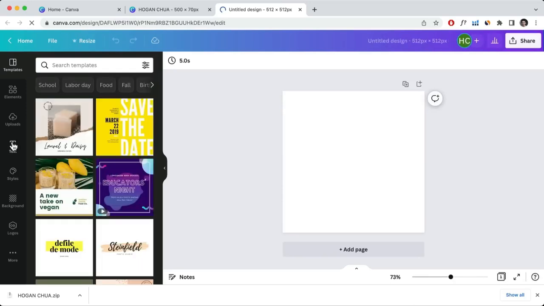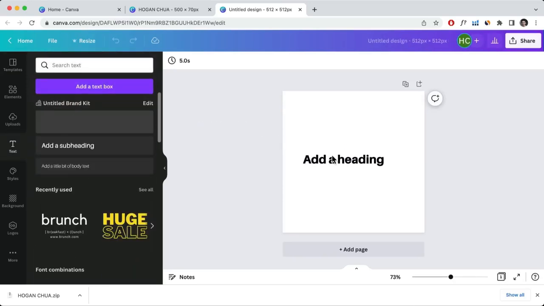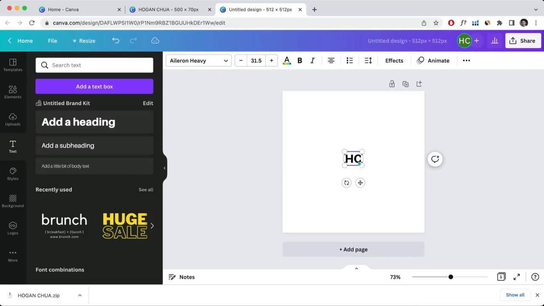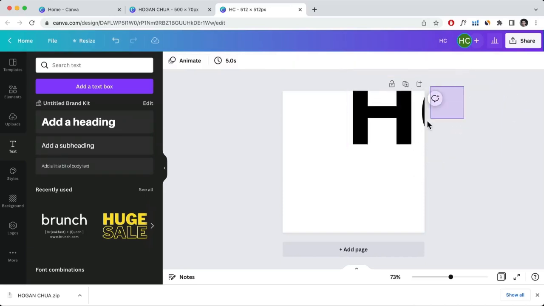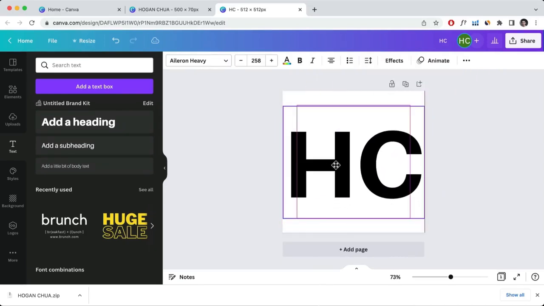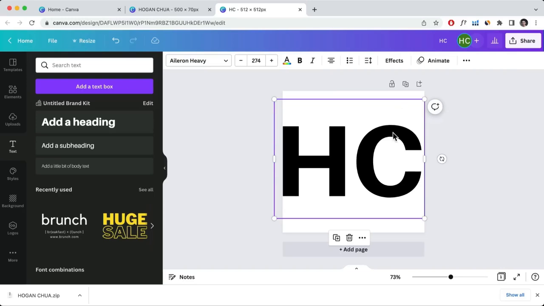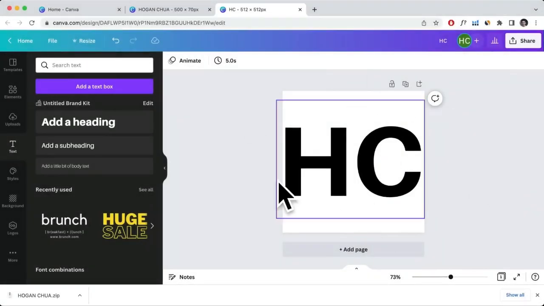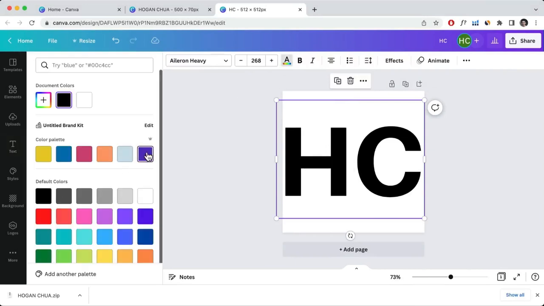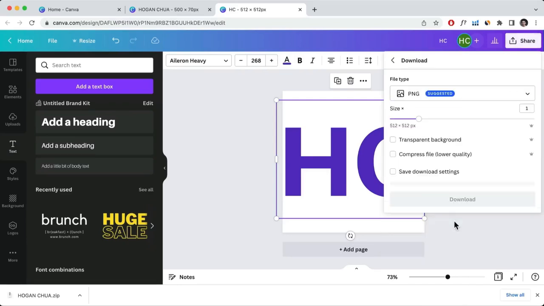So I'm just going to do a simple text one. So we're going to drag in a text module in here. And let's just do my initials like that. And then you can resize it. All right. And then just pull it down a little bit. I might make it just a little bit bigger. Okay. So it fits the entire space. Okay. Something like that. So that's just a very basic one. And then you can adjust the color as well. So let's just say we do a purple color, and then we can click on share, download,